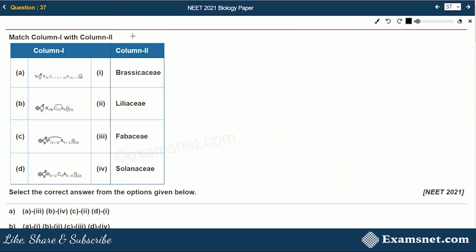Question number 37 is from the chapter Morphology of Flowering Plants, class 11. And here we have to match the floral formula of flowers with the family to which the flowers belong. We know that various morphological features are used to describe a flowering plant, and it is required that the description should be simple, scientific, and in a proper sequence. One such description is used to represent the structure of a particular type of flower using the formula known as floral formula. Now various signs or symbols are used in floral formula. For example, Br stands for bracteate.